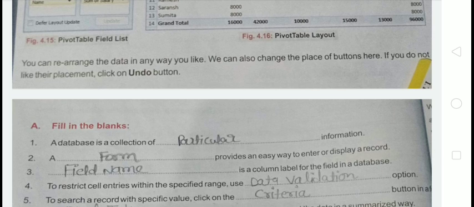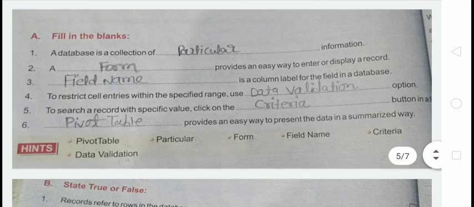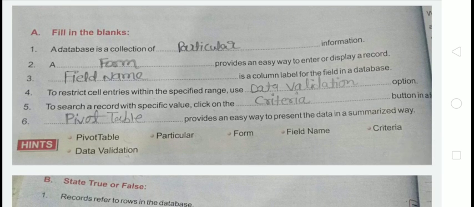You can rearrange the data in any way you like. We can also change the place of button here. If you do not like their placement, then click on undo button. So here we have done our chapter and today we'll start the exercise of this chapter.